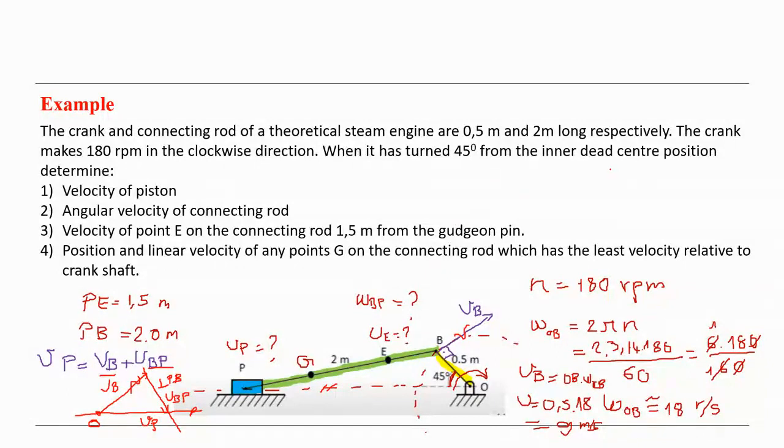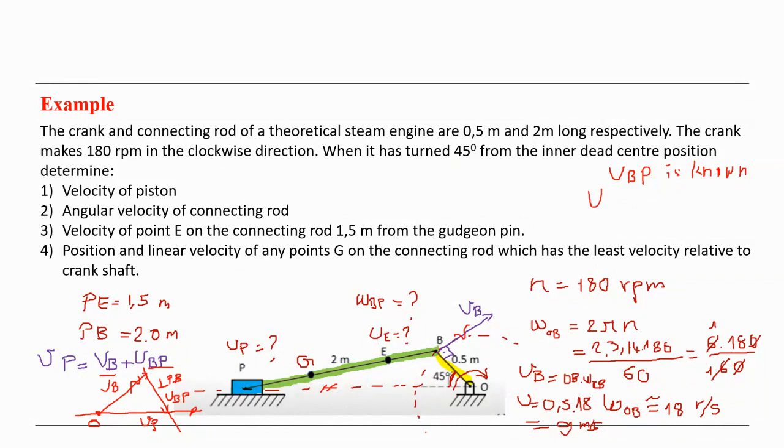So let's write here: VBP is known. Why is it known? Because you calculated it here. Since I know the VBP, and I also know the length of the BP, so then